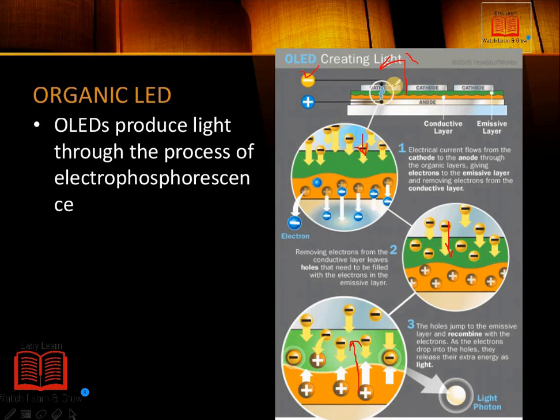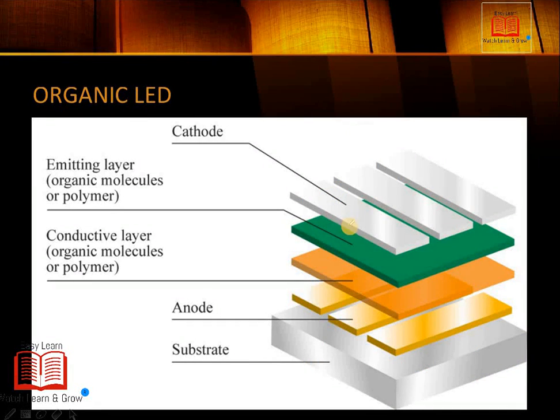I will also show you in the next slide, but this is another diagram for further clarification. This is the cathode and this is the anode. The 2 layers can be made of organic molecules or polymer, and the conductive layer can also be of organic molecule or polymer. This is the substrate. Light is emitted towards this side because the cathode is made of transparent material, but if we also make the anode or substrate from a transparent material,